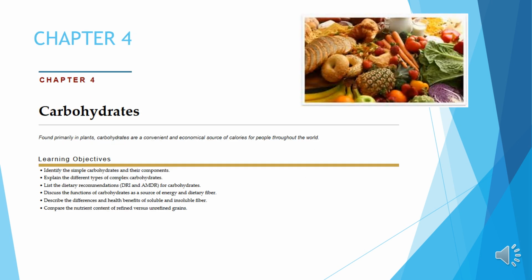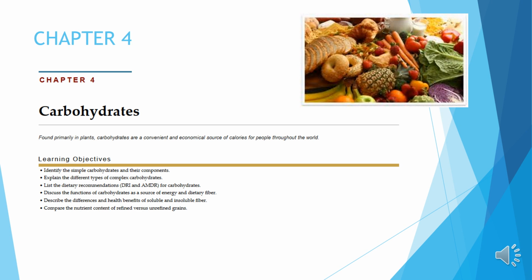All right, let's start with Chapter 4, which again goes over carbohydrates. And this is a relatively information-packed chapter, so please read it carefully. But a great place to start with any chapter, of course, is the learning objectives. So by the time you get done reading this chapter, you should be able to identify the simple carbohydrates and what their components are. You should be able to explain the different types of complex carbohydrates, list the dietary recommendations,